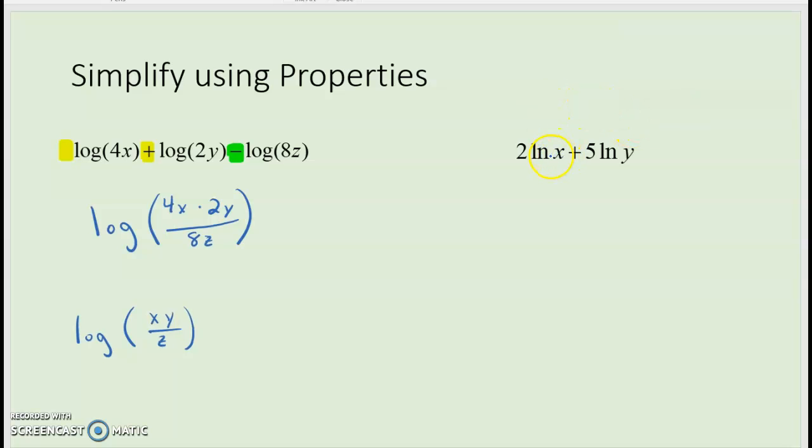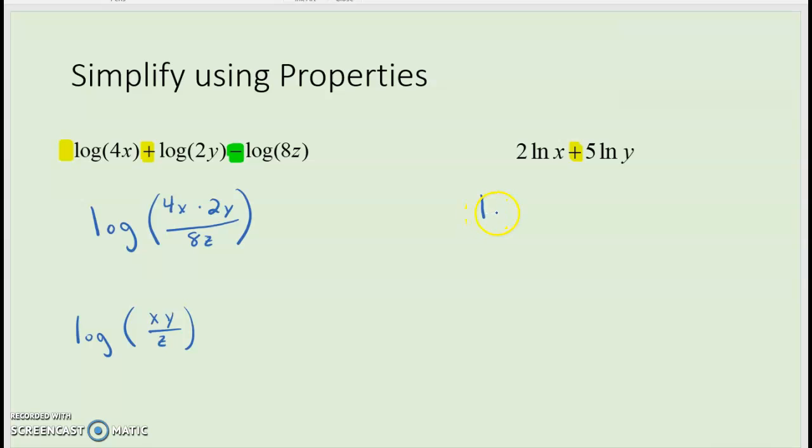Okay. The next one is base e natural log, but it's 2 times the natural log of x plus 5 times the natural log of y. Now this is addition, so there's going to be some multiplication there. But the problem is, how do you turn that multiplication into something when you have 2 of one thing and 5 of the other? So we're going to use that last property where we move that 2 in as an